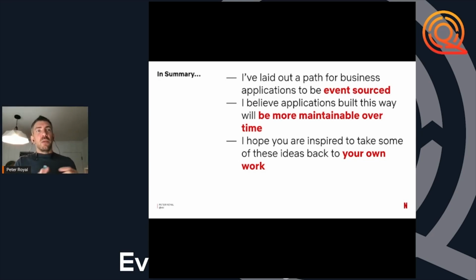You are making looser couplings between things, and the system is able to evolve in a very desirable way. I hope this is inspiration for you to take back to your teams and your work, and to spread the good word about event sourcing and CQRS. And if folks want to put a GraphQL API on top, you can absolutely do that, and it really plays to the strengths of what event sourcing and CQRS can provide.